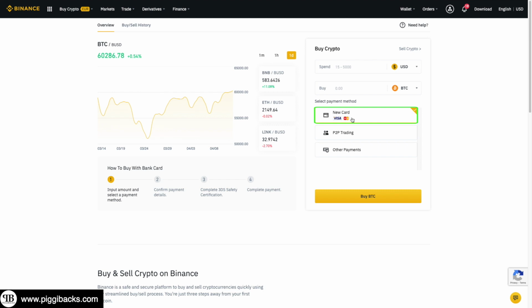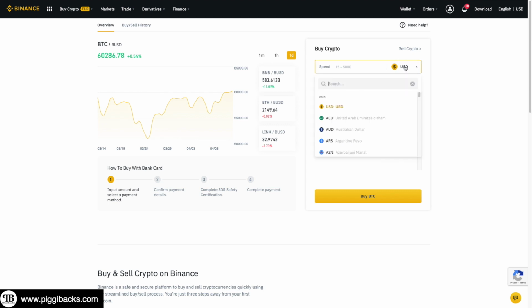So you just click the buy button and you select what currency you want to spend in. They've got a good amount of currencies, but not all of them, of course. Cryptocurrencies are still very new and they are not available everywhere. So depending on your location, you may or may not be able to use this method. So for demonstration purposes, let's say I wanted to purchase Bitcoin using my fiat currency,